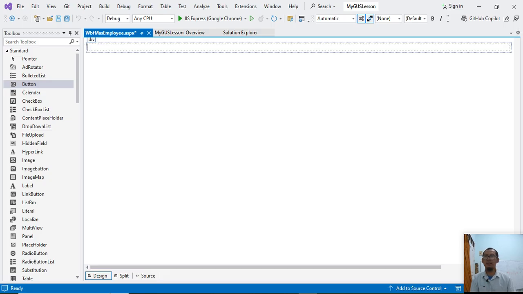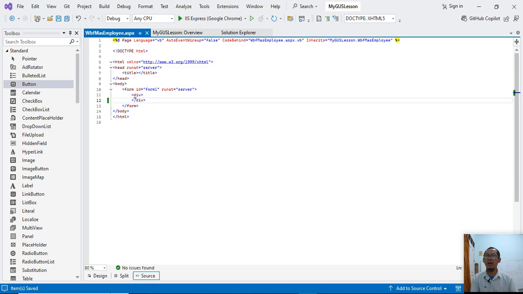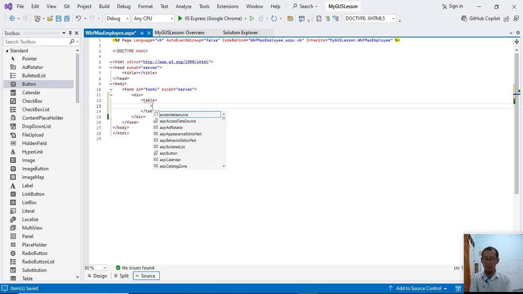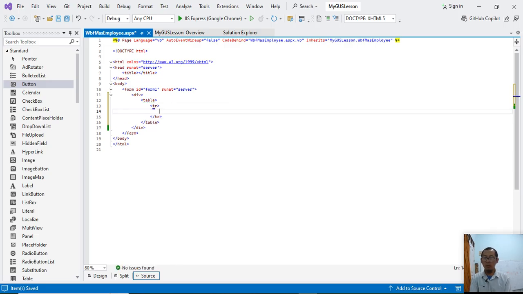Okay. At first, I want to show you how to create a design. I usually design with a table. I create a table and create a row and, for example, 2 columns.